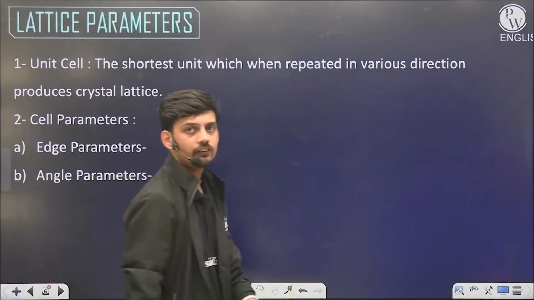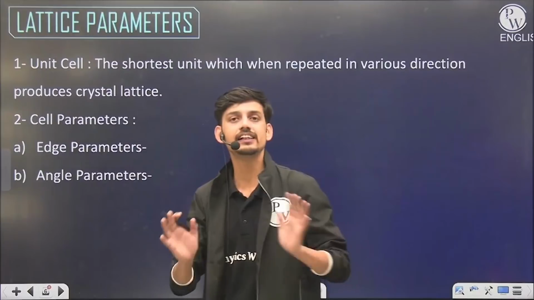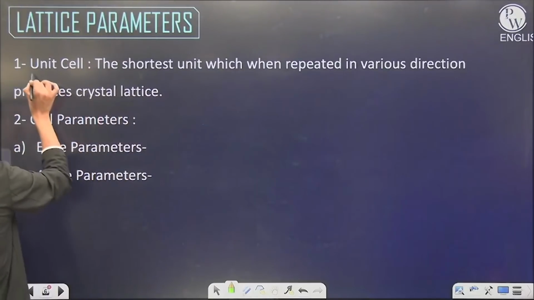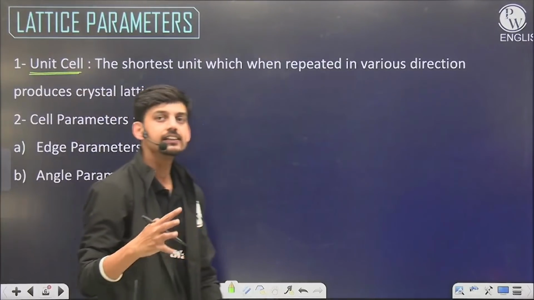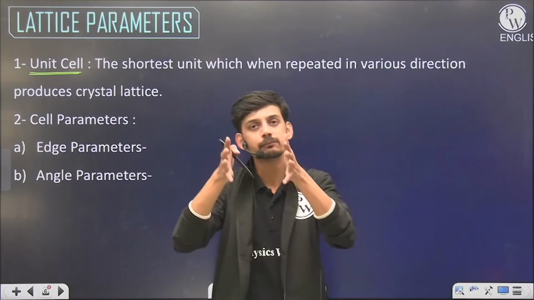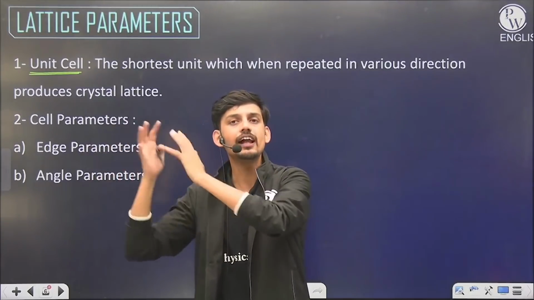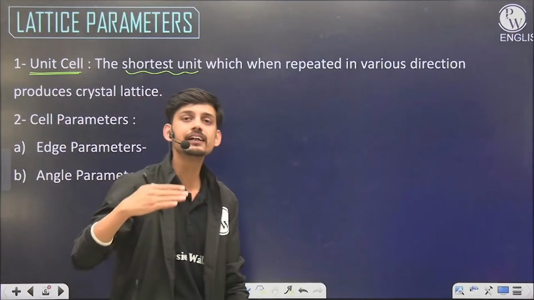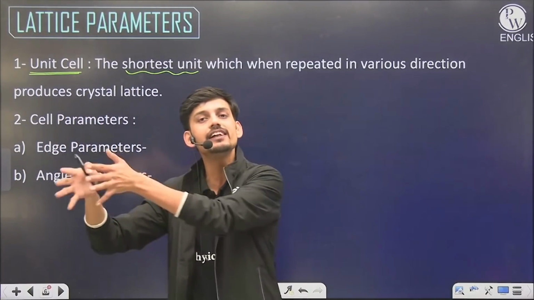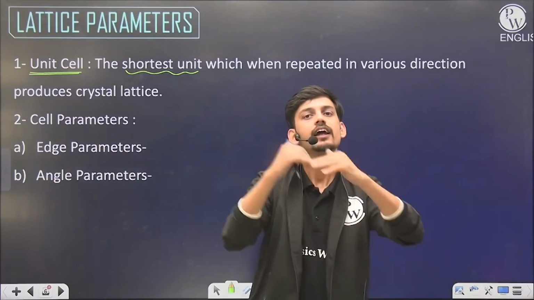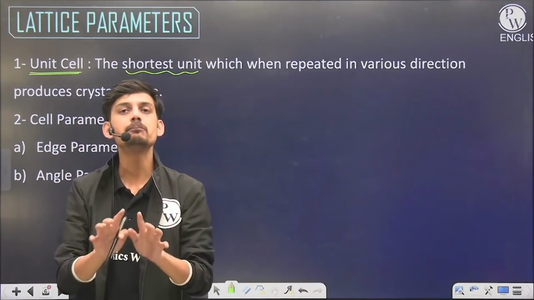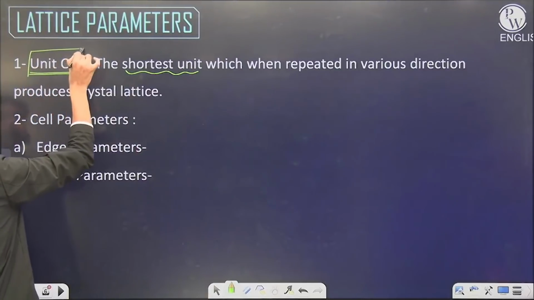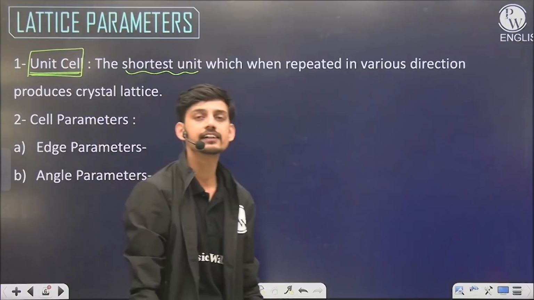Now the whole chapter is all about crystalline solids and their structures. If we talk about crystalline solids, we have some terms to define them. The first term is the unit cell. As the pattern is quite regular, we can define a smallest portion which will be repeated at every interval. The unit cell is that smallest unit which, when replicated in all possible directions, gives a crystal lattice. A complete solid lattice is called a crystal lattice. So the smallest repetitive or fundamental block of a crystalline solid is defined as a unit cell.